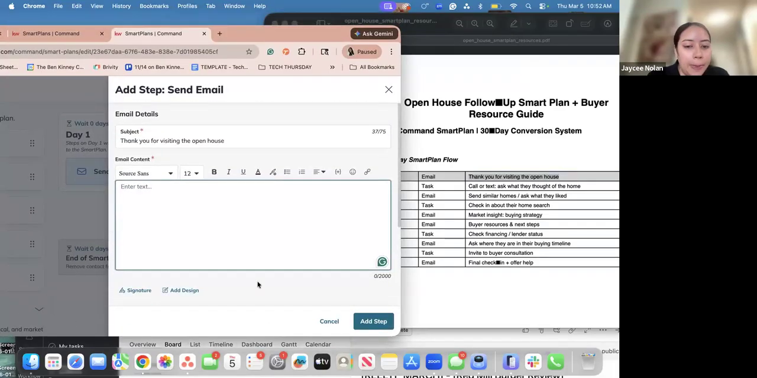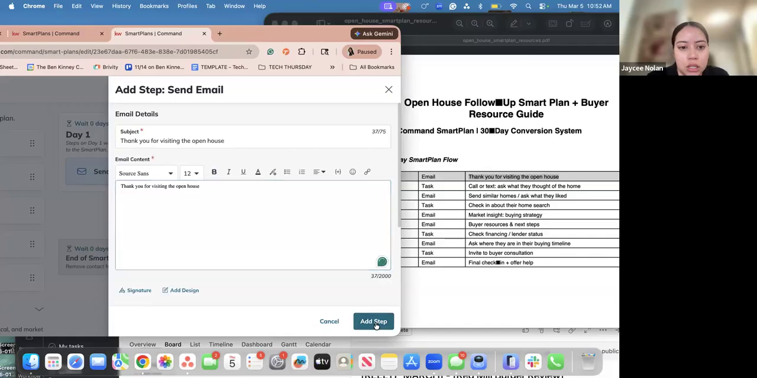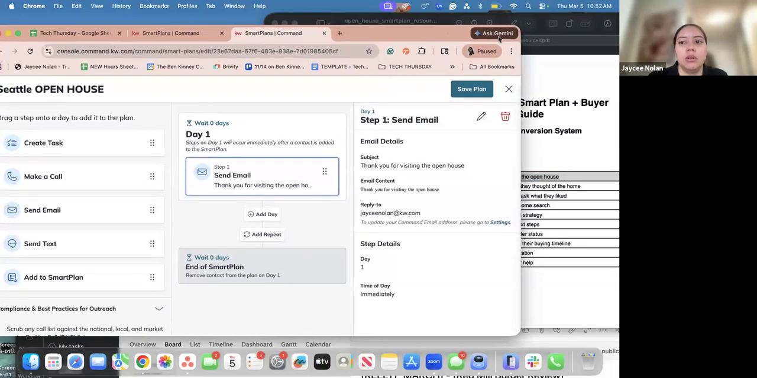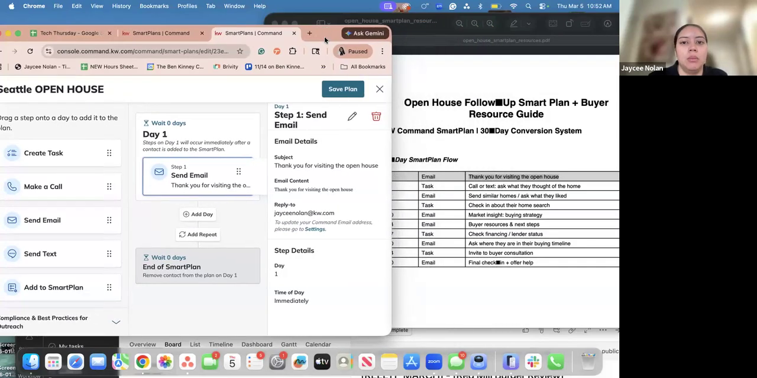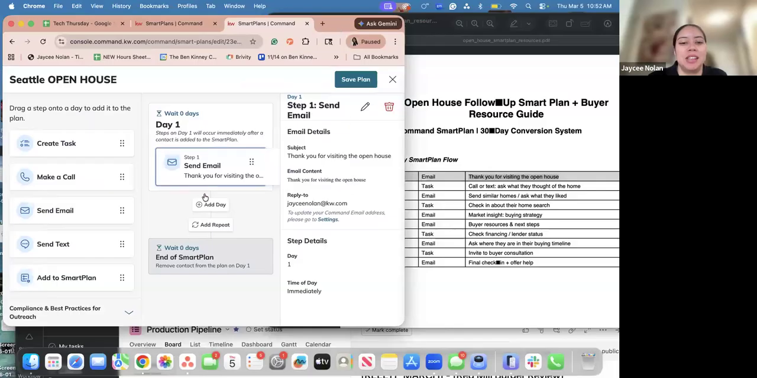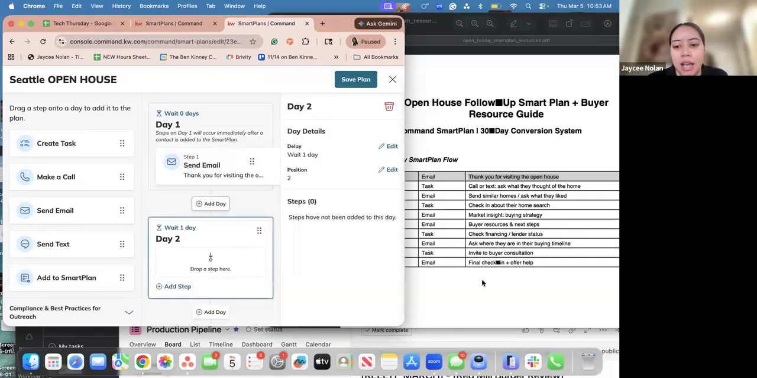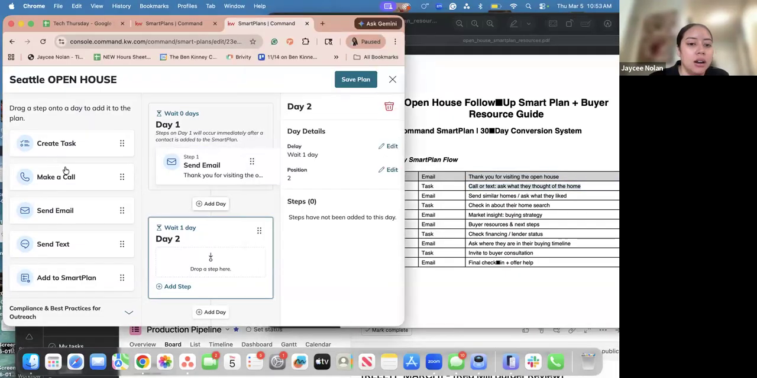And move things around. Add step. Thank you for visiting the open house. Add step. Task day 2. Okay. Let me organize this a little bit more. You may want to broaden up your screen, just a heads up, because this can get a little bit compressed. Alrighty. Now I want to add a day. Now we have day two. Day two is a task to call or text. All right. Task,